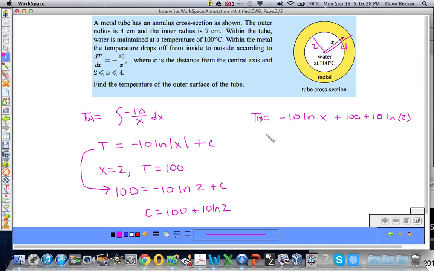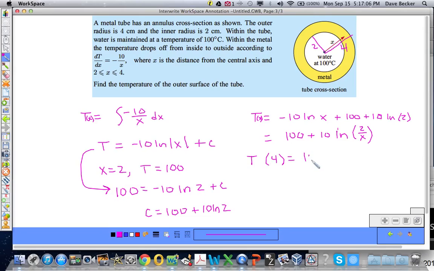So we clean that up. Hopefully you remember your rules of logarithms. So this is 100 plus 10 ln 2 minus 10 ln x. That's going to equal 10 ln of what? 2 over x. So 100 plus 10 natural log of 2 over x. Good. So when x equals 4, T of 4, that's the outer temperature, is going to be